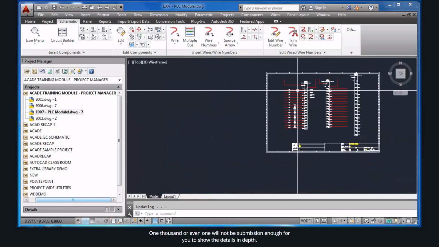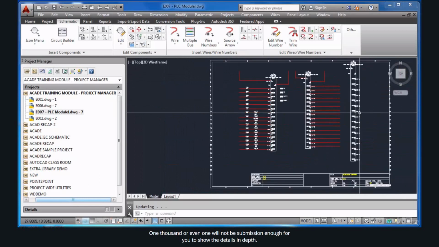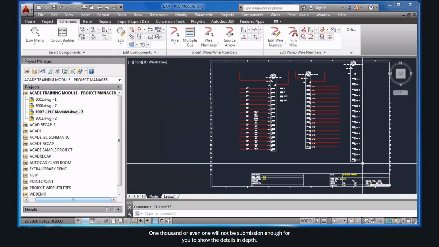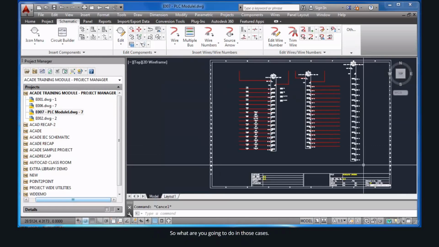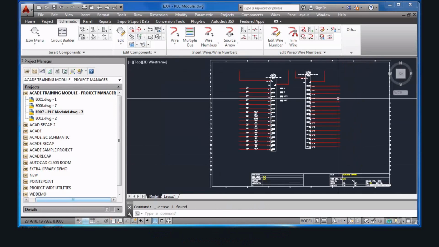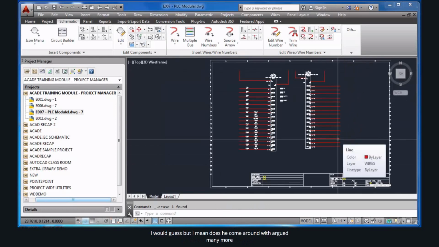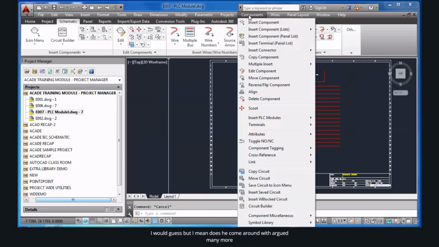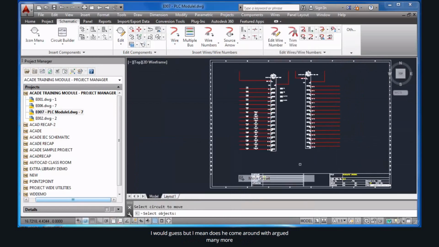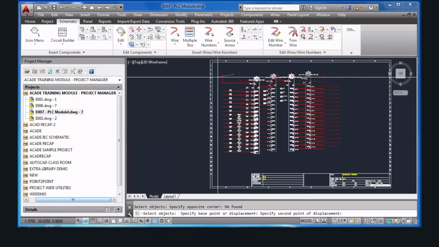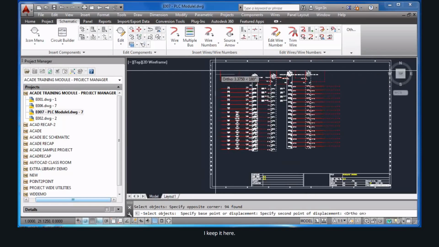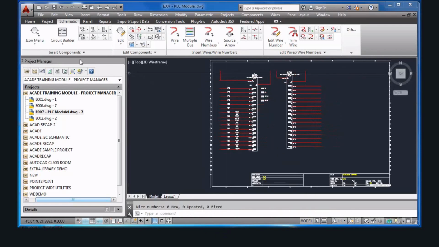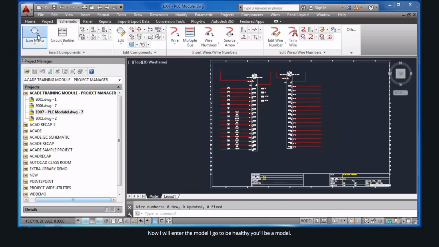0.75 or even 1 will not be sufficient for you to show the details in depth. So what you can do in those cases is, I will simply move this component, move circuit. I will keep it here. Now I will insert a module, icon menu,